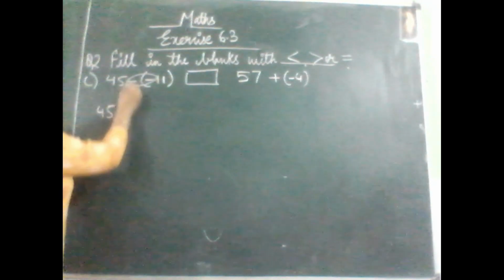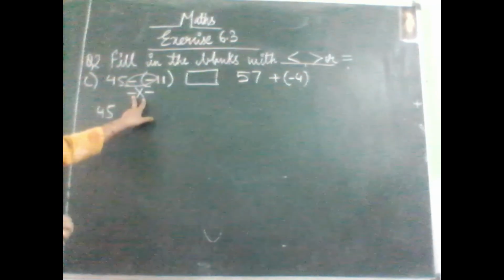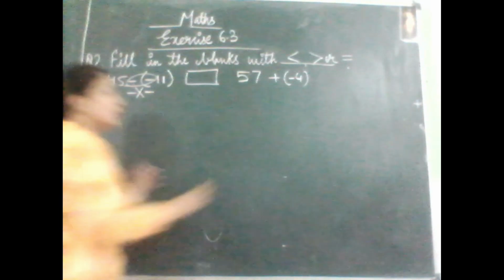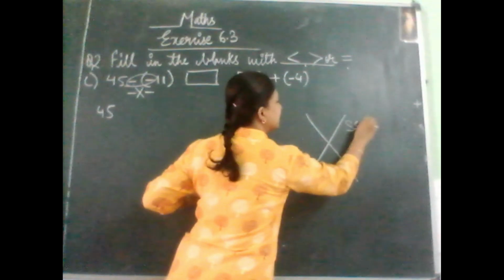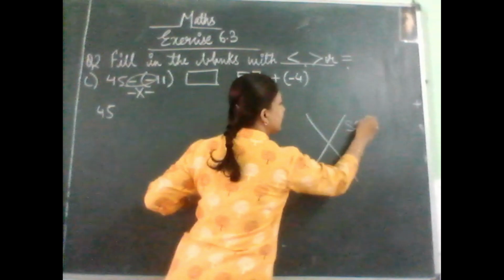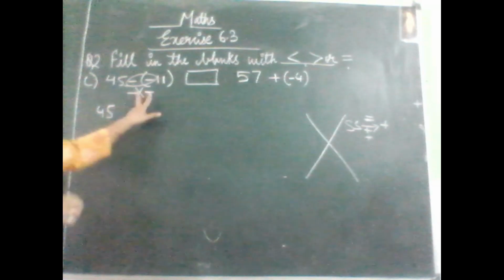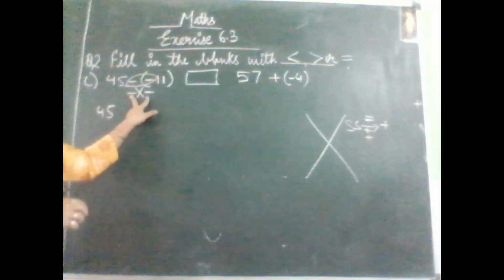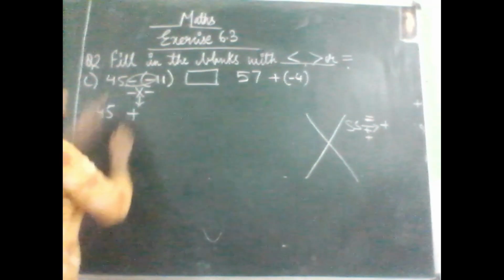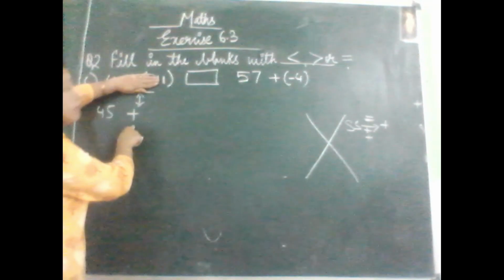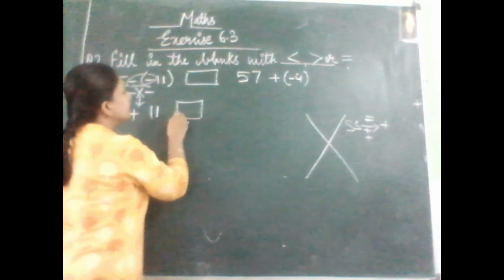Now check, what is this? This is minus multiplied by minus. We are multiplying two same signs. So the rule for multiplication is, when you multiply the same sign, whether both are negative or both are positive, you just put a plus sign. Here both the signs are negative, same sign, so you put a plus sign. Minus multiplied by minus, answer is plus. What do you have? 11. Bring this 11 down.